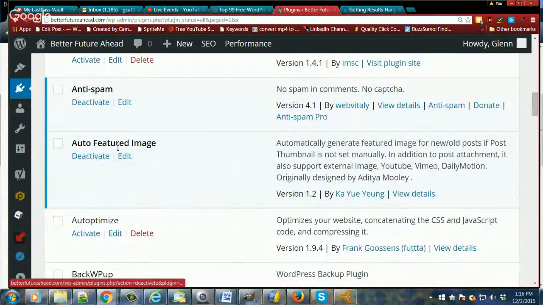This is an auto featured image. If you go to a post, usually on the bottom down here, there's an image that you can put there. I think this one just takes whatever image is on the page, maybe the first one, and puts it